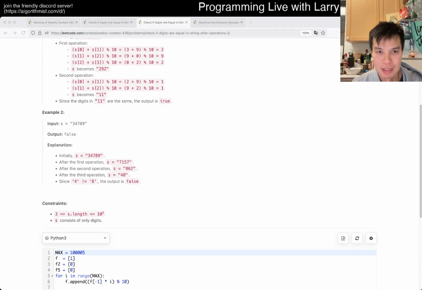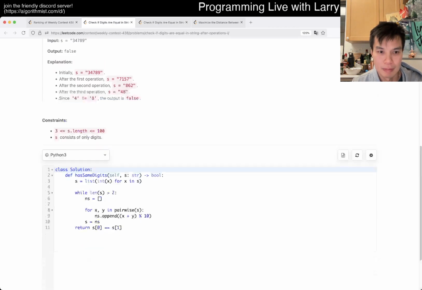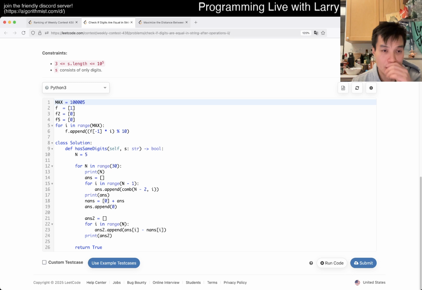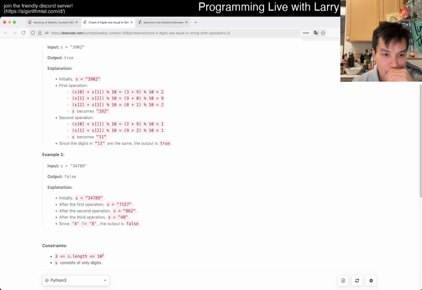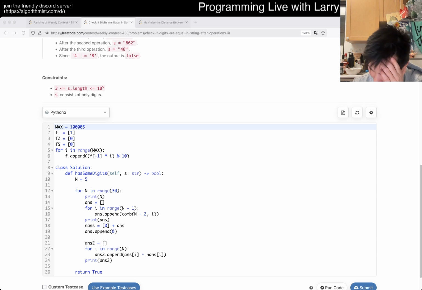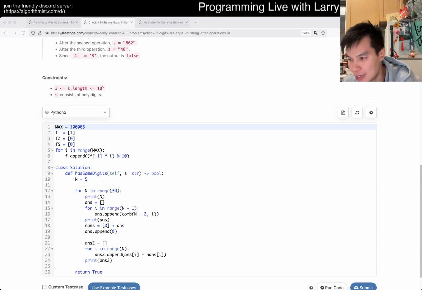Am I just that out of shape? I have this one just in case, but what else am I thinking that I'm not doing other than